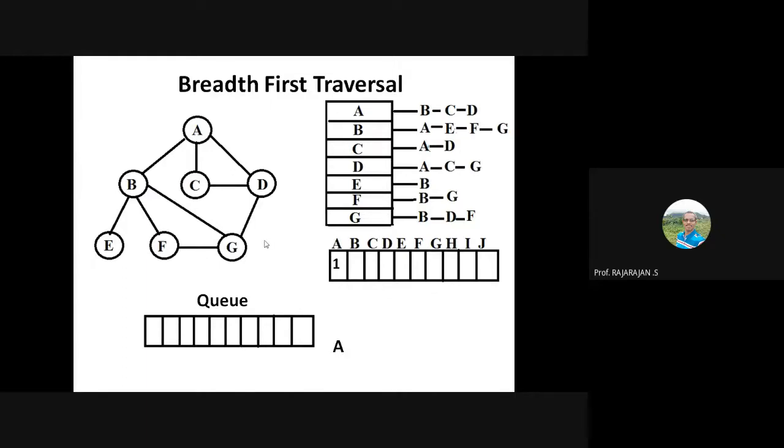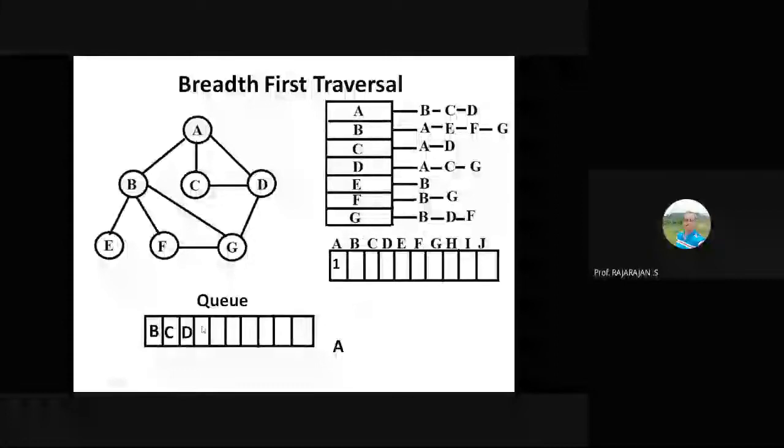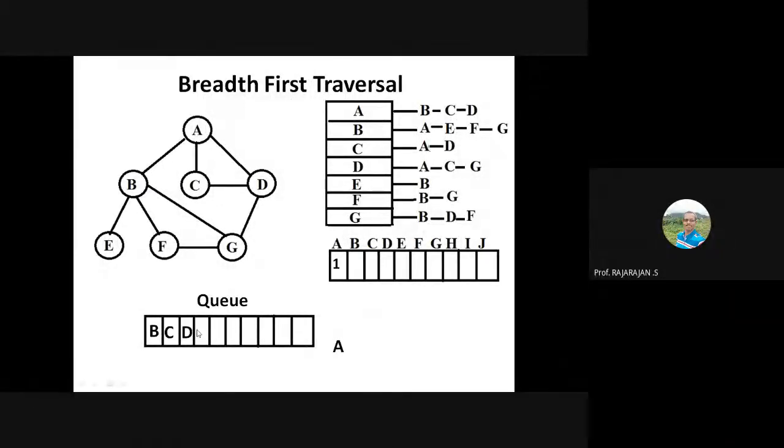The second step is also the same. That is, you have to identify all the adjacent vertices of A and insert them into the queue: B, C, T. But where it is going to be different is that now you are not going to choose the top from the stack. You are going to choose the first element from the queue, and the result is going to differ because of this simple reason. It's a FIFO. So because a queue is a FIFO, I have to now choose B as the next vertex.